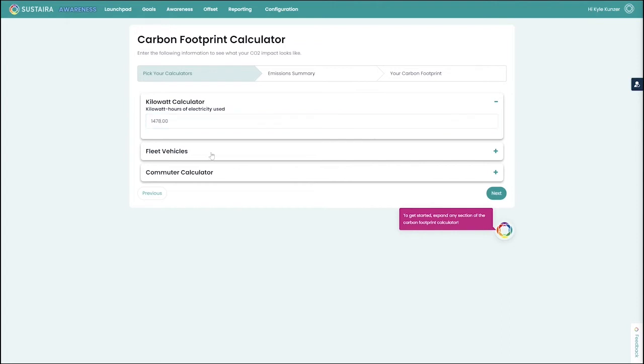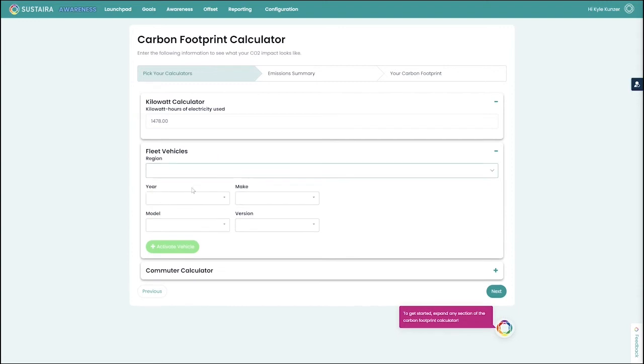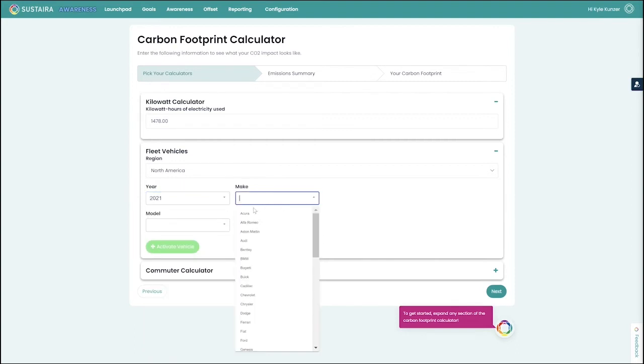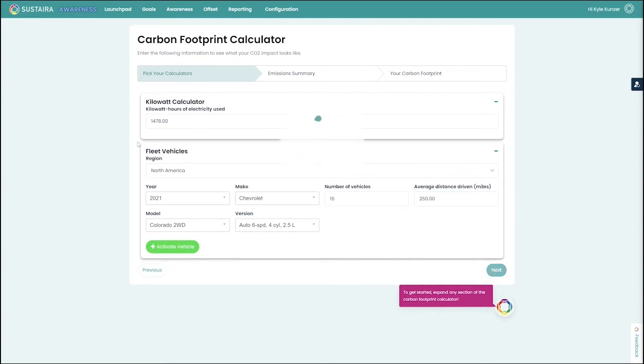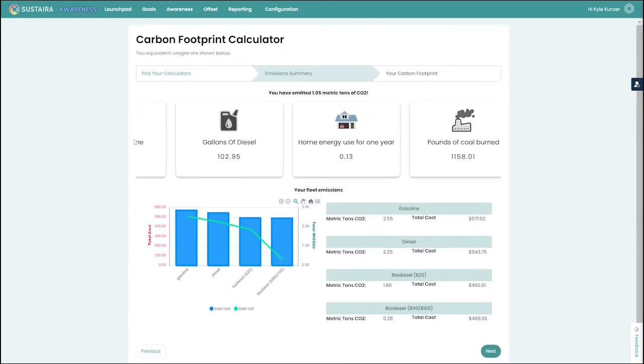We can also look at any fleet that we may have. So selecting a region, a year, a make, model, and version. We can then select this vehicle as part of our fleet, and then are prompted to enter the number of vehicles we may have, as well as the average estimated distance that they've been driven in miles. Clicking Next, we'll perform the calculations, converting these values to metric tons of CO2 equivalent, as well as some equivalent